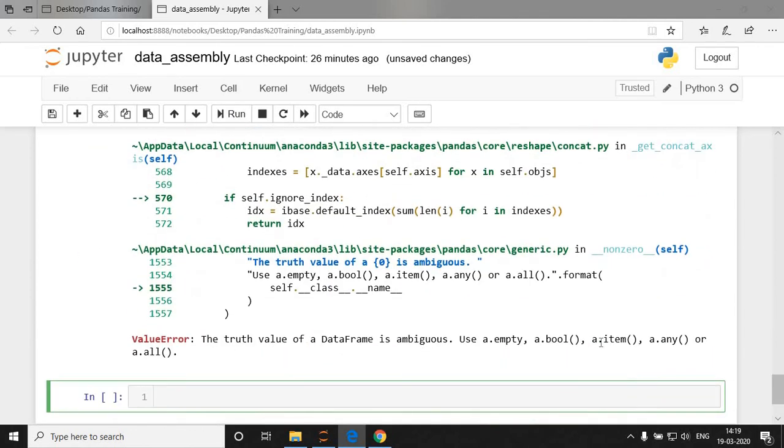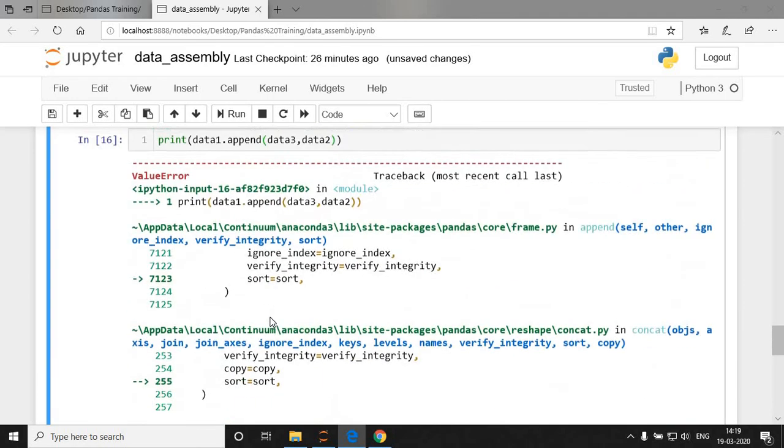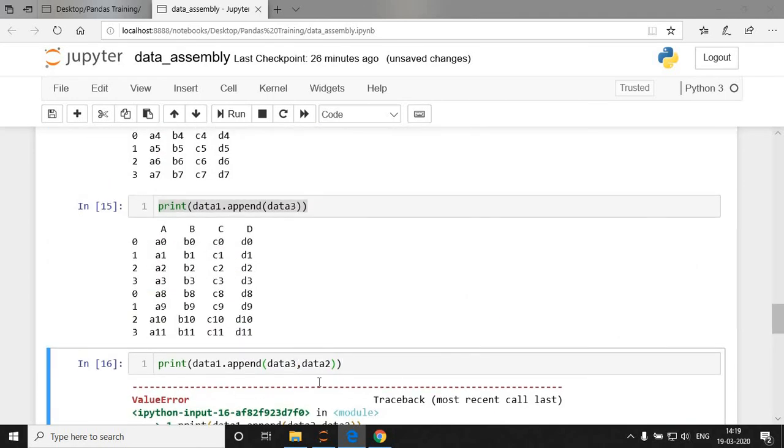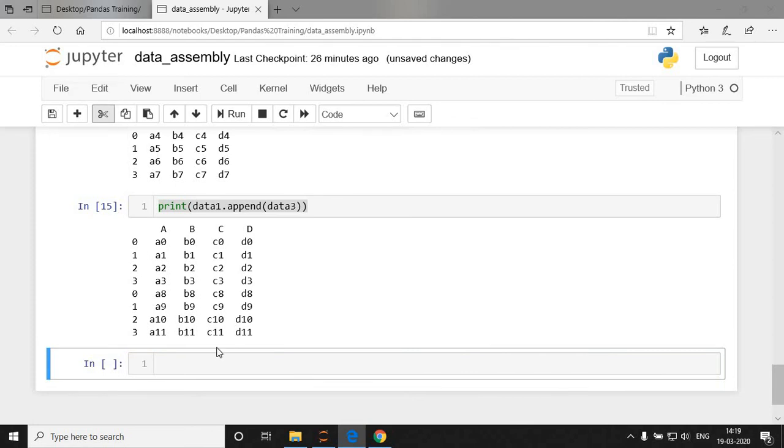Because it allows only one value. But here, how many data frames am I going to pass? Two. So it is not allowed. So I just delete this, it is not required. After that,